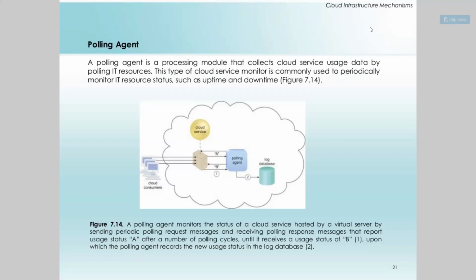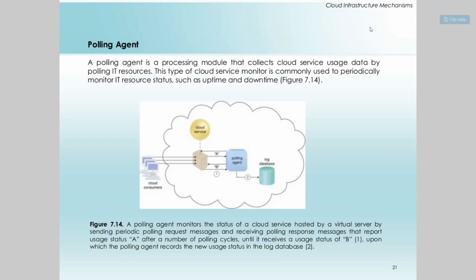Here again in your diagrams, you can see your cloud consumers. You have your virtual agent through which you're going to get the cloud services. There is going to be a polling agent, which keeps sending the request and response messages. And if it doesn't get any response, then after some point of time it is going to send another message. Accordingly, it is going to report the usage status, like B has so far consumed this much, A has consumed this much. It keeps sending notification messages, records the status, and the updates go into a log database.